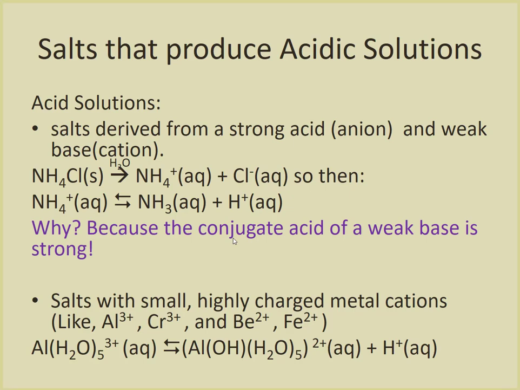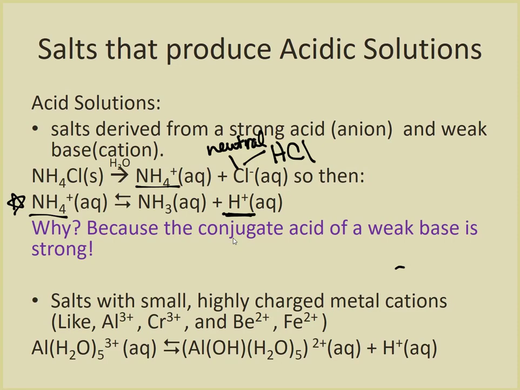I know that this chloride ion comes from hydrochloric acid, so I know that this chloride ion is going to be neutral. However, this NH4, this is the conjugate acid of my weak base, and so it's going to go on and do the following reaction right here. It is going to dissociate into a hydrogen ion and then the ammonia. Again, the reason why has to do with the fact that if you have a weak base, you're going to have a stronger conjugate acid. And then as a salt, it will drive the reaction